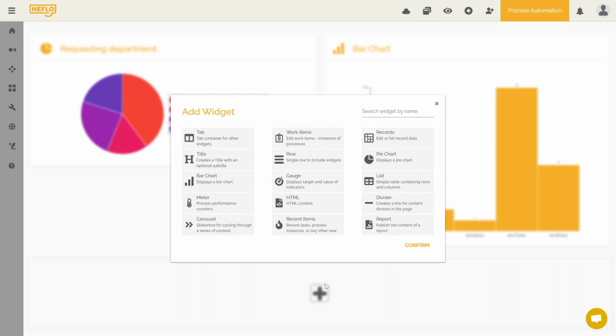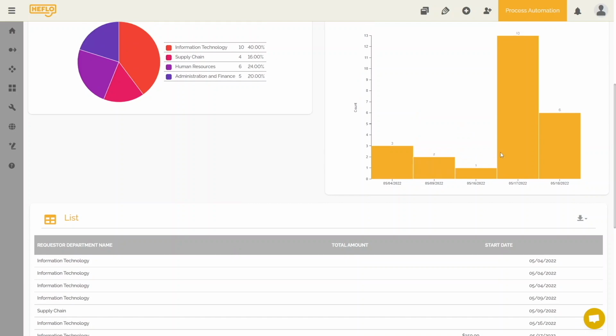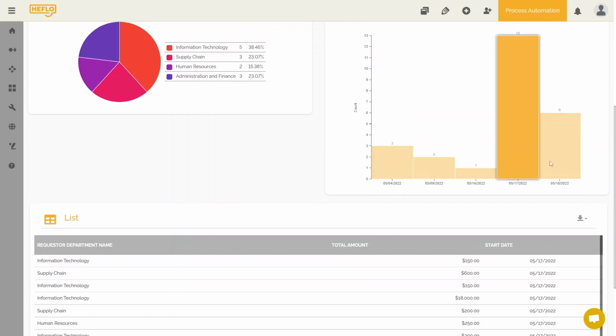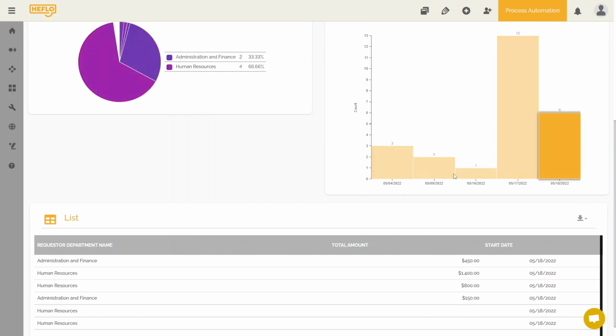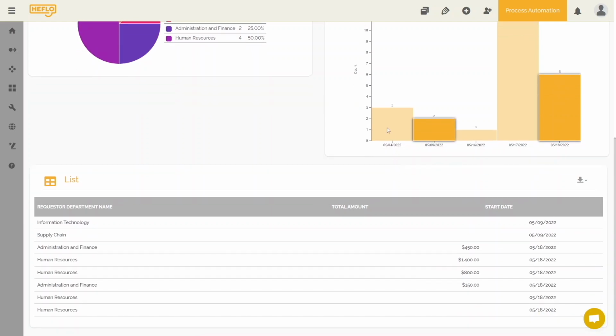Another widely used widget is the list widget. It simply lists the data from the data source you are configuring. If it uses the same data source as the pie chart and the bar chart, then you can filter this list as well. If you want to have a dashboard where people can do filters and then see analytics data, you can use this widget.